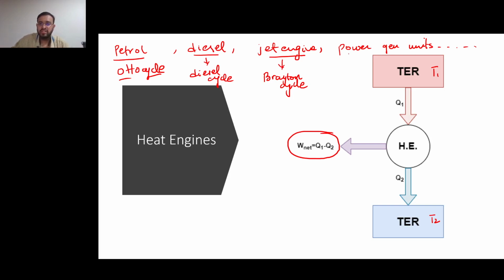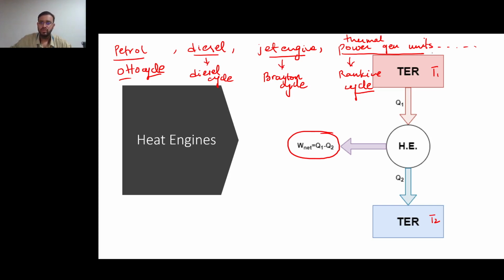And in power generation, in thermal power generation units, we use something called the Rankine cycle. So we are operating in a cycle. There is a working fluid which operates in a cycle. It passes through different phases and ends up at the same original condition from a thermodynamic perspective.